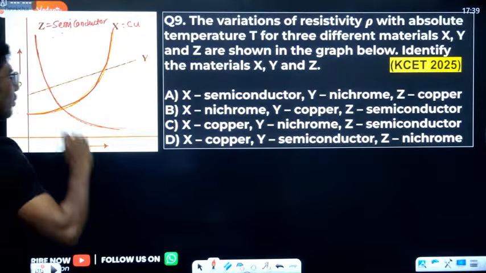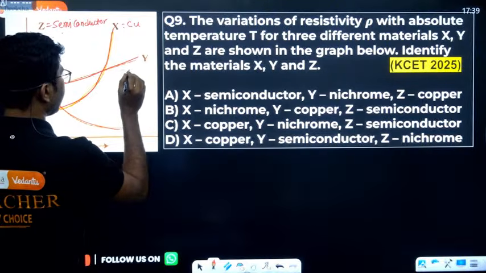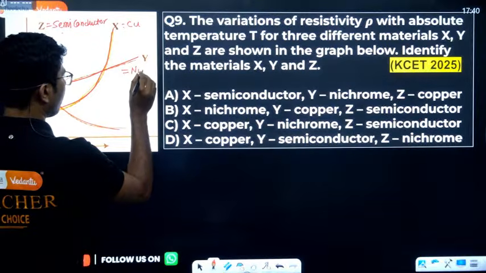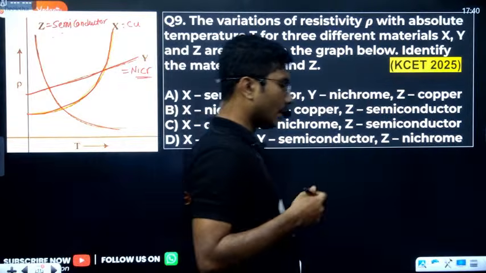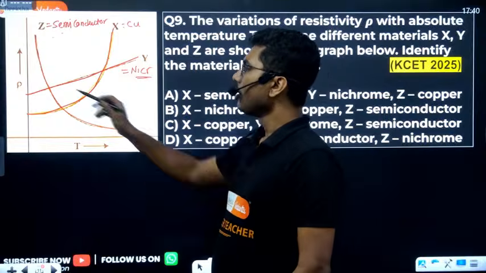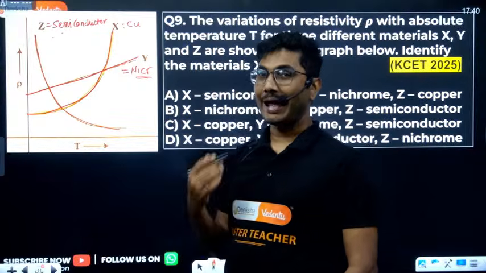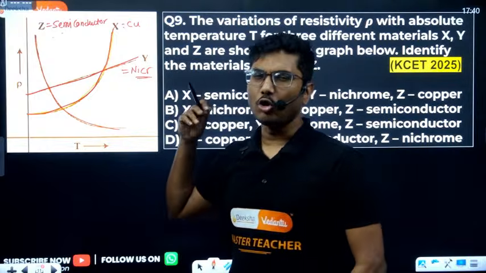What about Y then? That must be an alloy. This must be alloy, so it will be nichrome. Okay, it must be nichrome. Now one point from this question, important information: for alloys like nichrome, manganese, etc., the resistivity remains almost constant, even